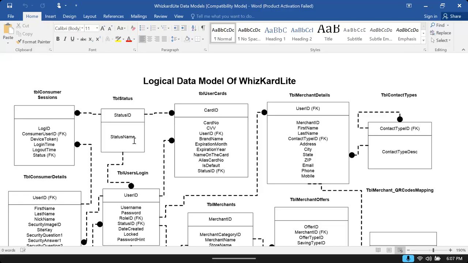Logical. The logical model identifies the relationships between the modules. What the relationships are, you will learn once we start learning them practically. We have relationships like one to one, one to many, many to many, different types of relationships are there. A database designer should learn all this. That means a database learner has to learn all this.